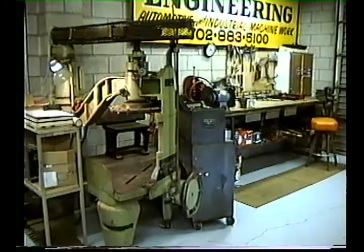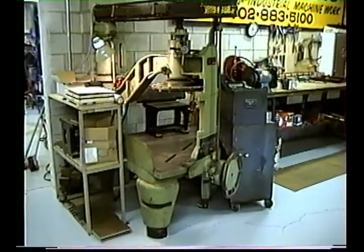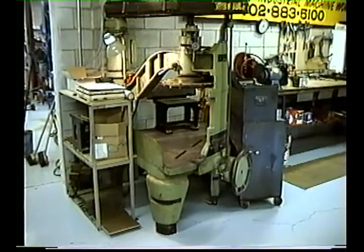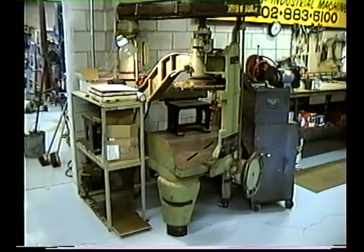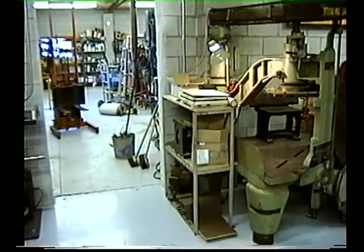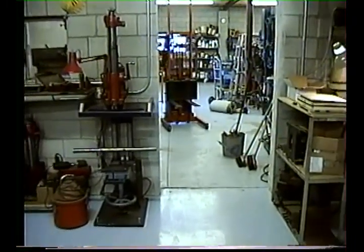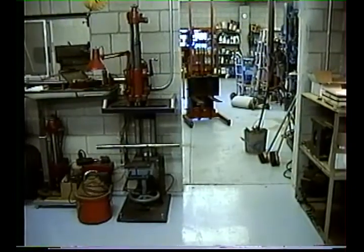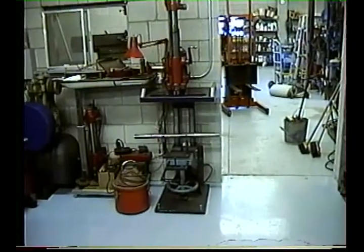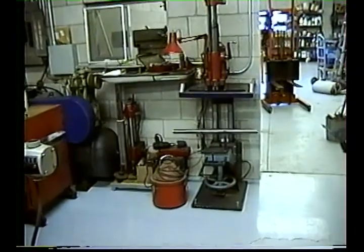Leave the dirty room and the tear-down area. We see all of our parts and pieces for this blockmaster, and into next door is our general machine shop. There we're now looking at a cylinder boring machine, and back into the air compressor,